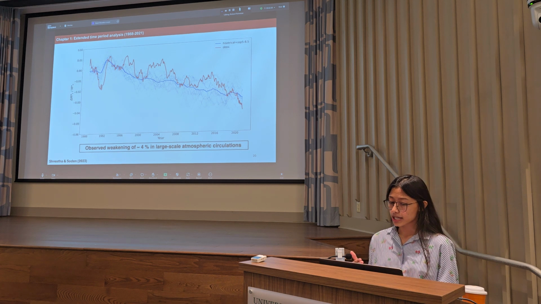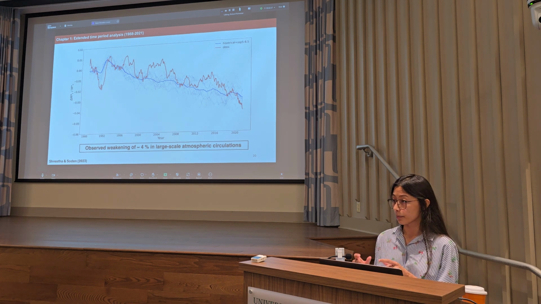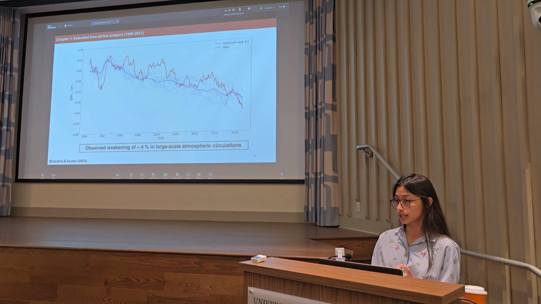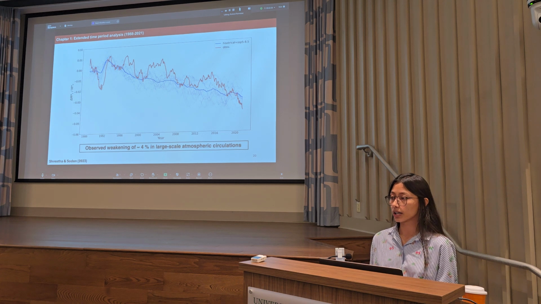Now, this spread in the blue lines, that is the coupled models, can be due to two reasons. One, due to differences in model physics, since all these individual lines correspond to different models. And two, due to differences in internal variability. To overcome at least one aspect of this challenge, we employ large ensembles, which have the added benefit of sharing the same model physics. So the differences in large ensemble mainly stem from internal variability, and the ensemble average can be considered as a forced response.